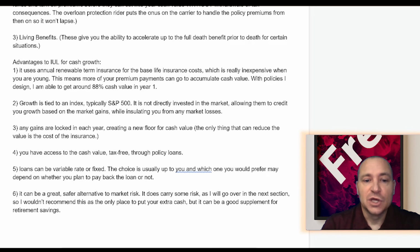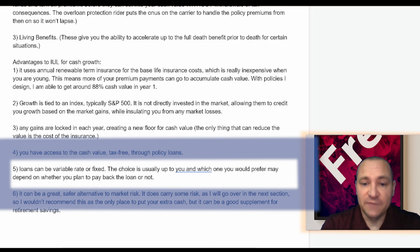Number 5, loans can be variable rate or fixed. The choice is usually up to you, and which one you would prefer may depend on whether you plan to pay back the loan or not. So possibly early on in the policy, you may go with a variable loan if the rates are good, knowing that you're planning to pay this back. Now, when it gets closer to retirement time, or when you're in retirement and you want to start taking loans out,